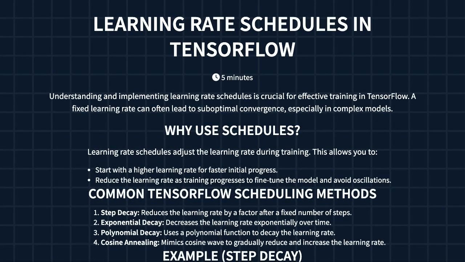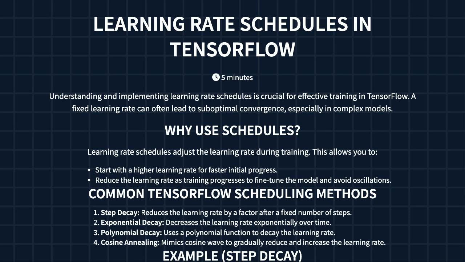Okay, let's talk about learning rate schedules in TensorFlow. Consistent learning rate can sometimes be a problem. It might cause your model to bounce around and not converge effectively. Learning rate schedules are designed to address this by dynamically adjusting the learning rate during training. You've got options like step decay, where you reduce the rate after a set number of steps, exponential decay, which